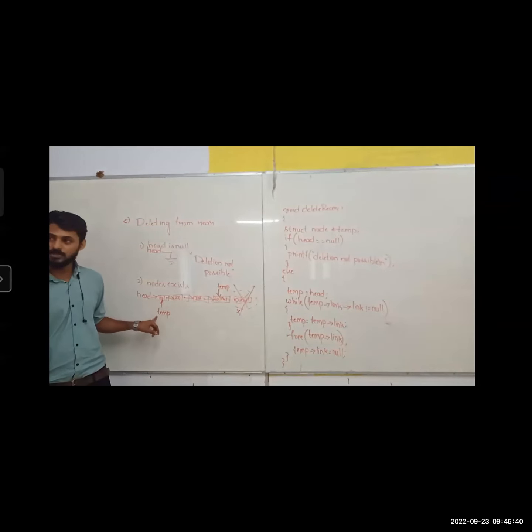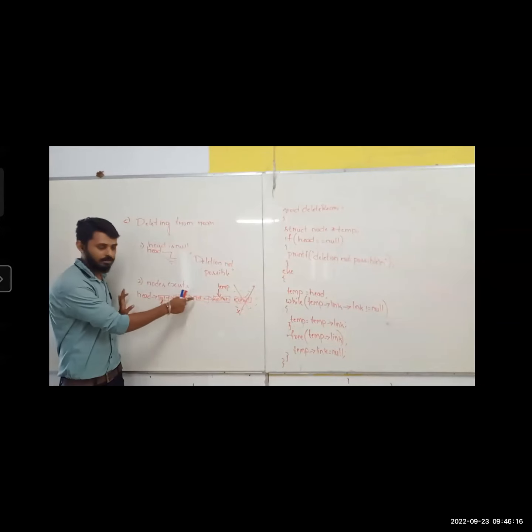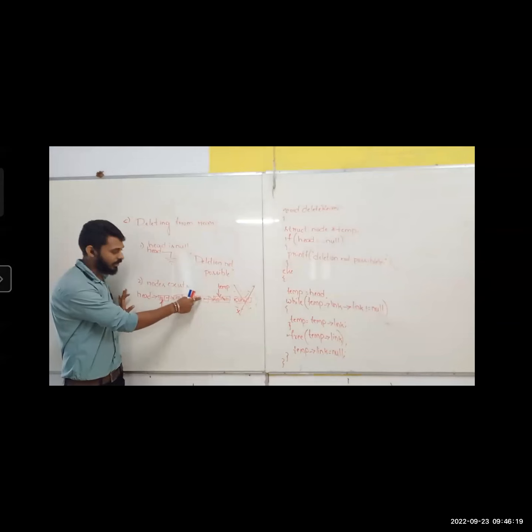When I'm standing at the first position, I'm checking, is this one null? Here I'm writing only temp's link's link. I'm not writing it 3 times. As I'm writing it 2 times, this one I'm checking. Starting from the first position, I'm checking the second's link, is it null or not? When I come to this one, what am I checking? Fourth or third? How fourth? Third, sir. Temp is pointing here, link's link. Is it null or not? This one I'm checking.